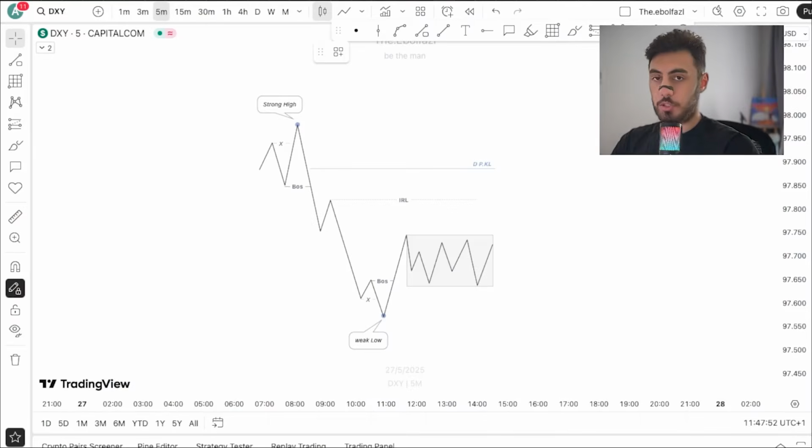So first, let me just explain the setup diagram and the theory behind it, and also the logic behind it. So what I'm doing first, I'm looking for the basic market structure in the daily time frame. Then I'm looking for the key levels on the daily time frame or 4-hour time frame, depending on the previous candle. If the previous candle was on the correct way of the market structure, let's say if my market structure